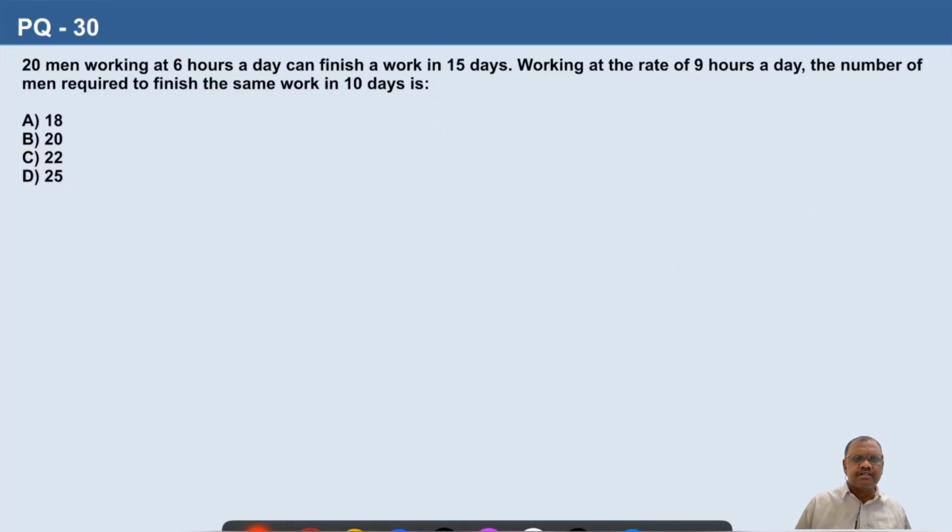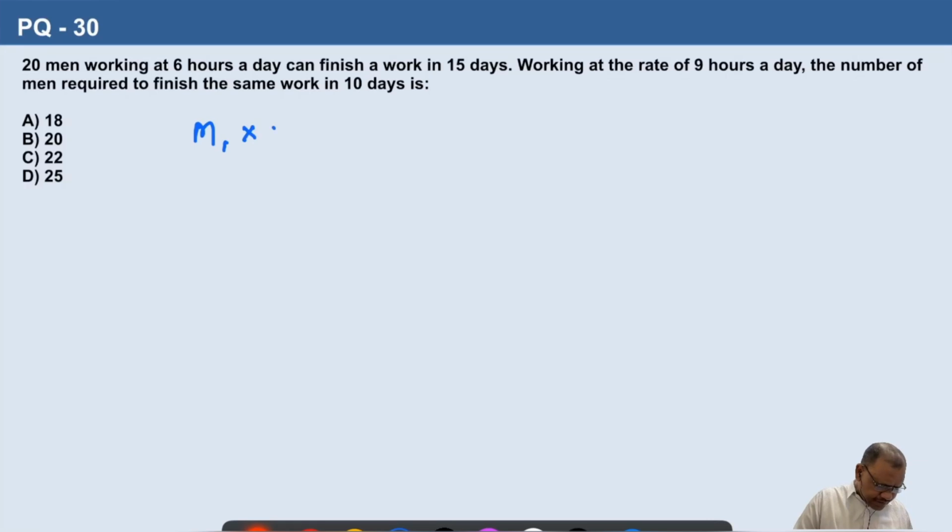Question number 30. 20 men working 6 hours a day can finish a work in 15 days. Working at the same rate for 9 hours a day, the number of men required to finish the same work in 10 days is what? So here a different number of people are working for a different number of days and different hours per day. So we have to use the formula